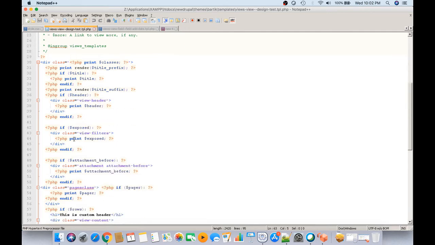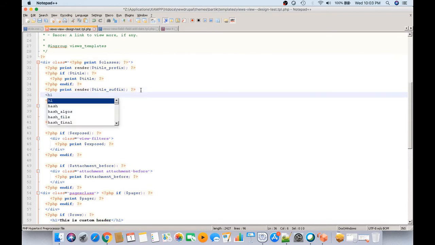From the naming convention, for example, pager, exposed, header, you can understand the header is basically the header section where you can put the custom text. If you want to add more text here, you can just write it here, hard code it. I am showing it for example, but it is not recommended to put any hard code.